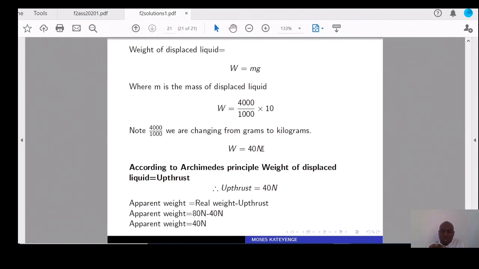But this 40 newtons, which is the weight of the displaced fluid, according to Archimedes' principle, is equal to the upthrust. So our upthrust is equal to 40 newtons. Therefore, if we use the relationship apparent weight is equal to real weight minus upthrust, apparent weight is going to be 80 newtons, which is the weight of the body in air, or the real weight, minus 40 newtons, and 40 newtons is the upthrust. So the apparent weight is going to be equal to